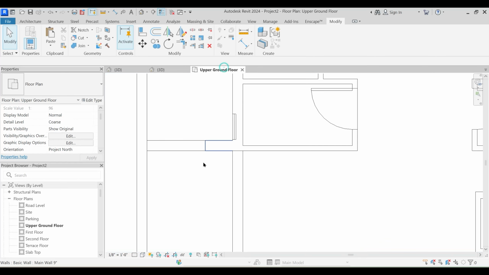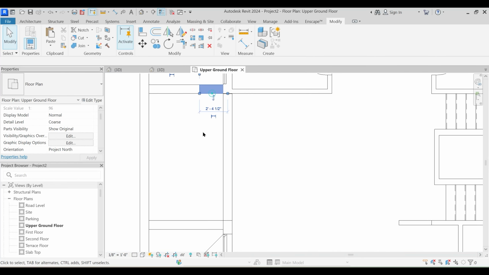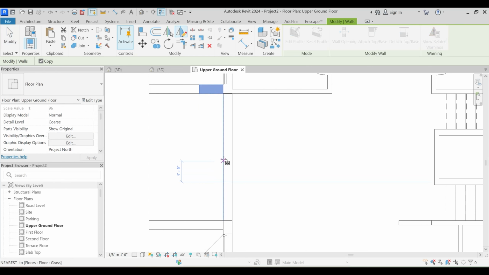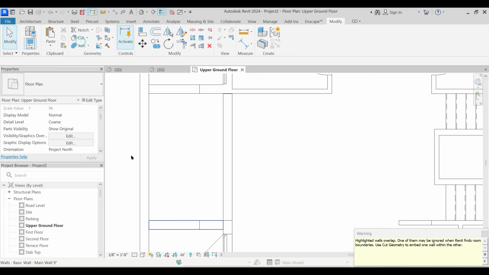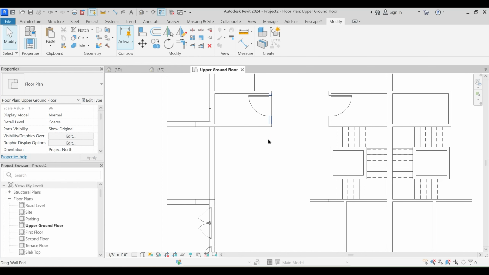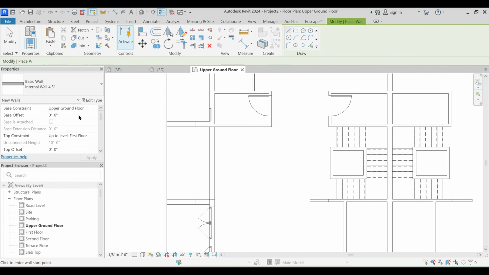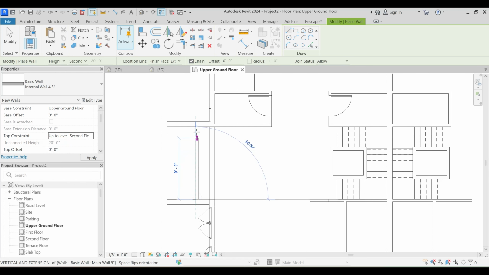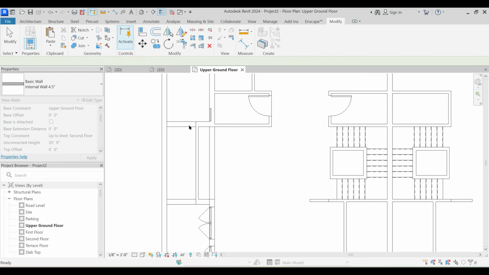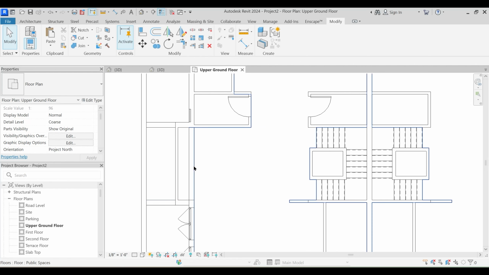And then what I'll do is that I will create this CM and join this to this. Okay, and I'll create an internal wall here, CS, that is from first floor to second floor. Okay. And here I'll just create the internal wall. Fine. And now what I'm going to do is that